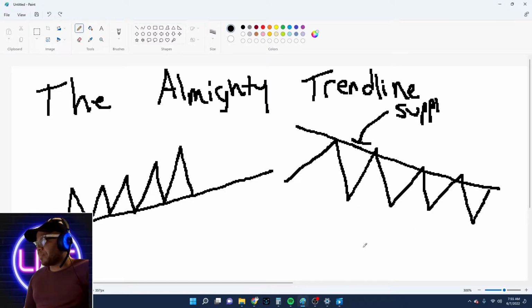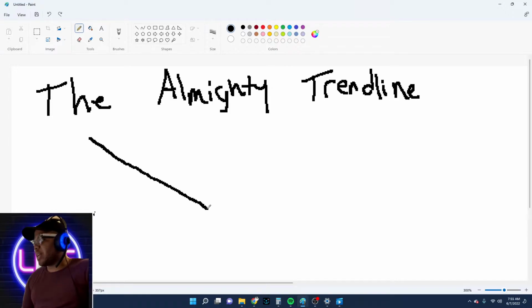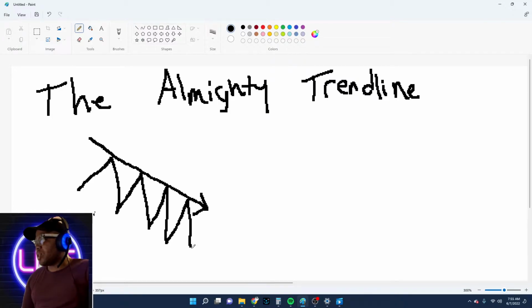Okay, trend line, channel line. So a trend line can show you the direction that you're trading in, that you should be trading in. If you've got a downward trend, if you've got prices coming up and every time they come up they can't get over this, you should be trading in this direction. Now this channel line down here can give you a target. Every time it comes down here, it tends to pause.